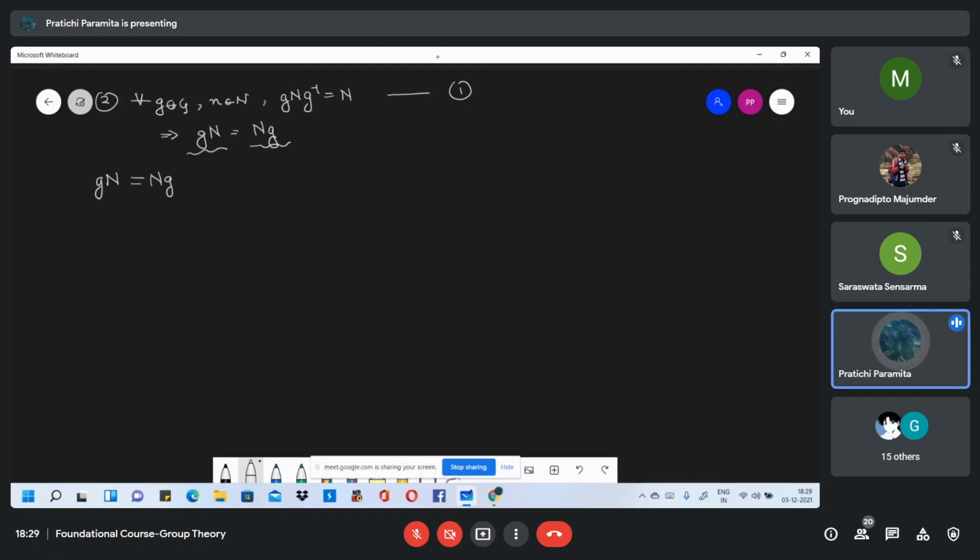So the left coset gN should be equal to the right coset Ng if the left coset is some right coset. But this is nothing but gNg inverse is equal to N. So this implies that N is normal. So we are done proving 2 also. That every left coset of a normal subgroup in G is also a right coset of a normal subgroup in G. So now we can go ahead with our converse that we wanted to prove,